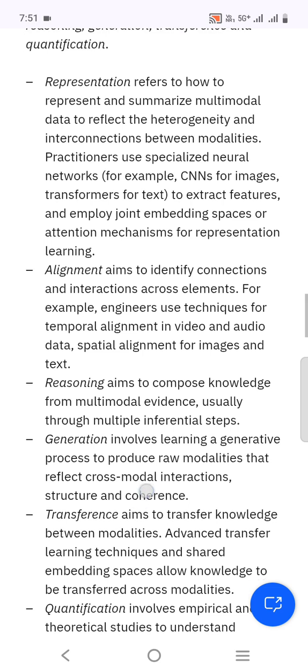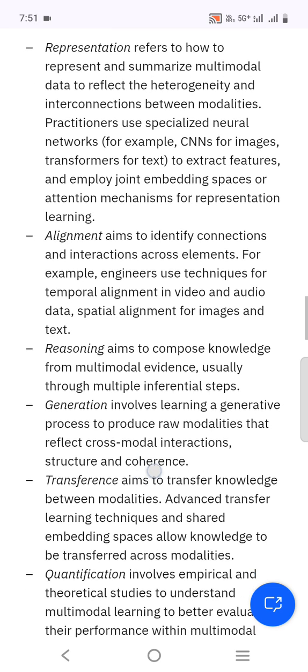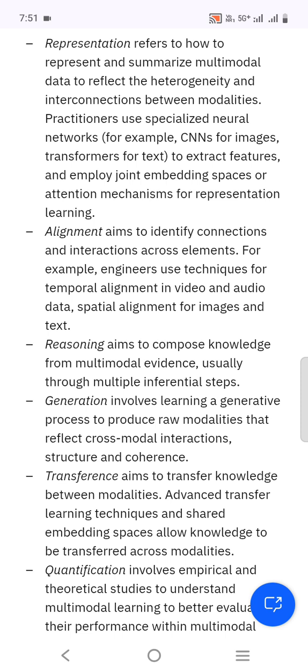Alignment aims to identify connections and interactions across elements. For example, engineers use techniques for temporal alignment in video and audio data, and spatial alignment for images and text.